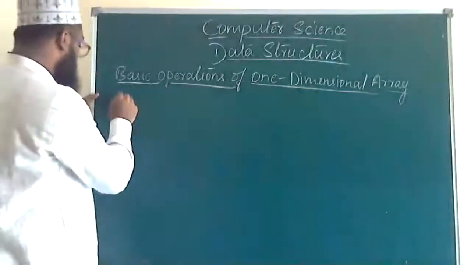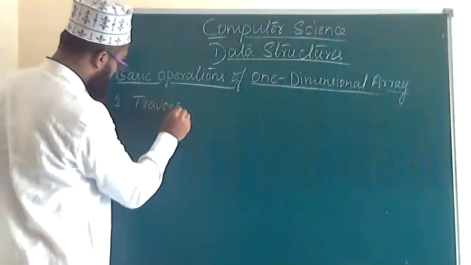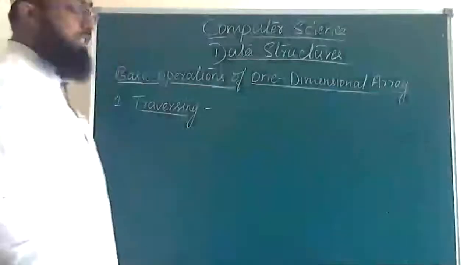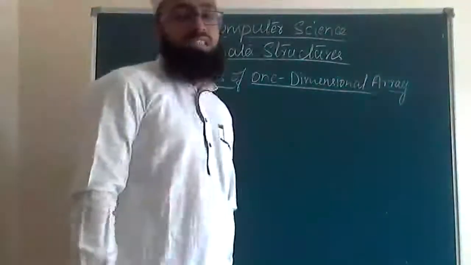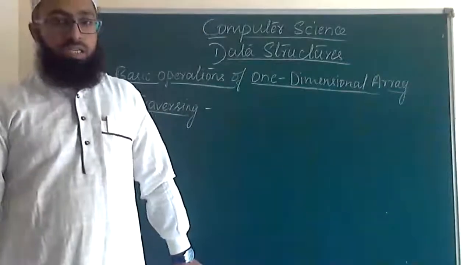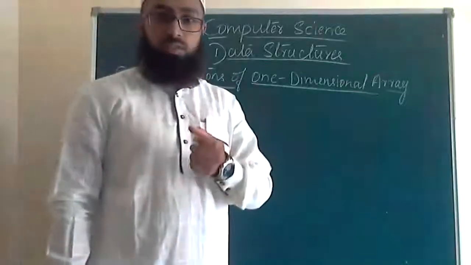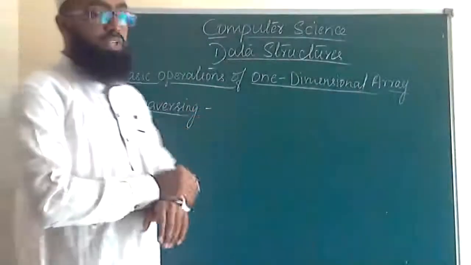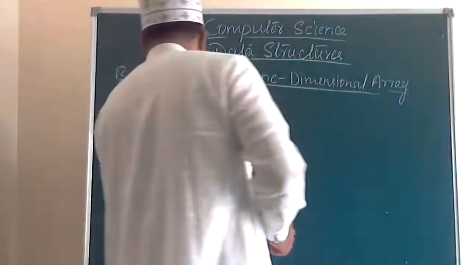So the first one is traversing. As we have discussed in our previous class, traversing means accessing each element or each data item of an array exactly once. But in detail, today we are going to discuss it. So we can write this traversing as